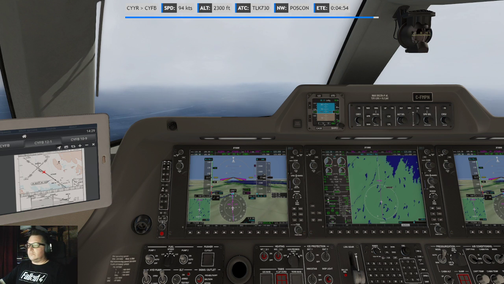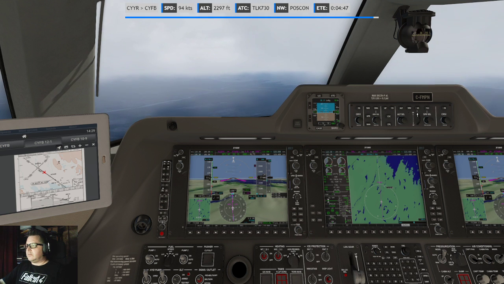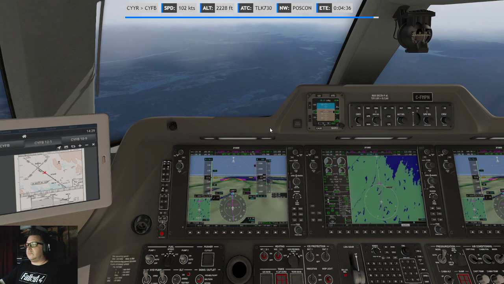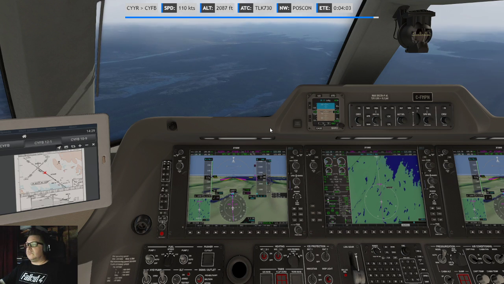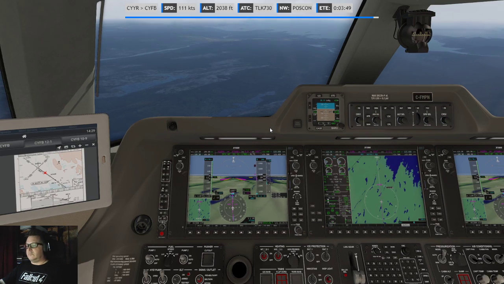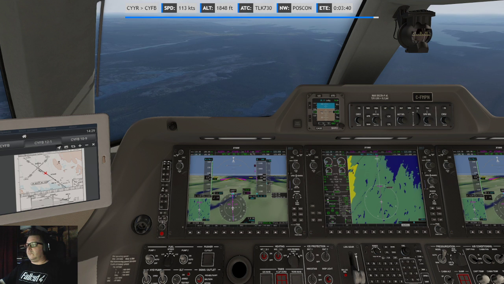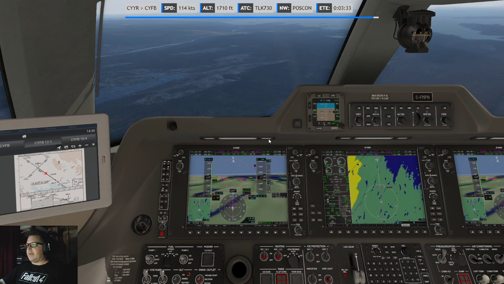Two point eight. 2.7, 2.6, vertical speed down. All right, gear down, 3 green, flaps are down.